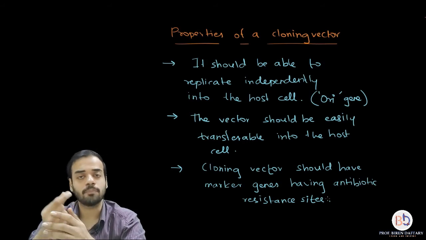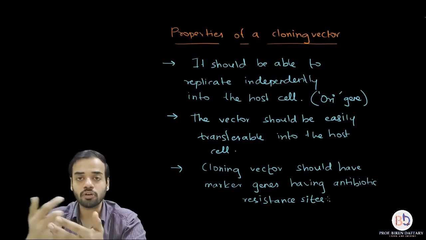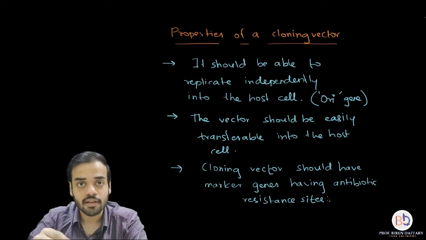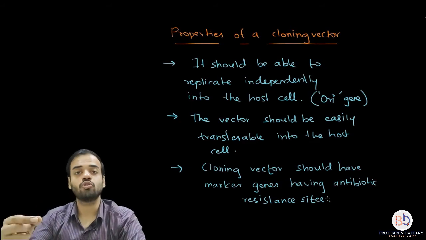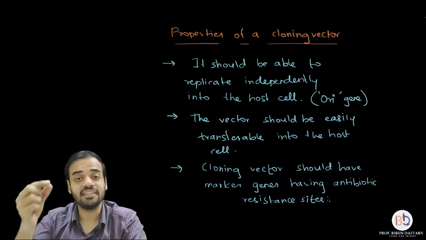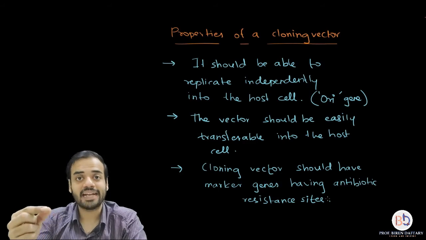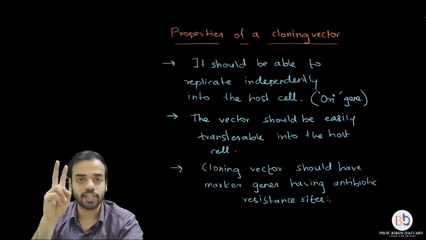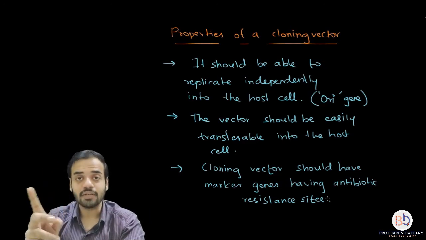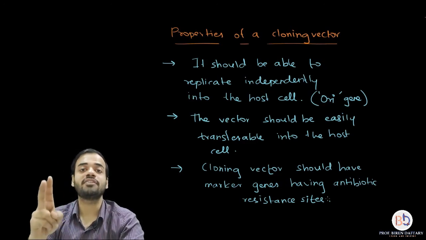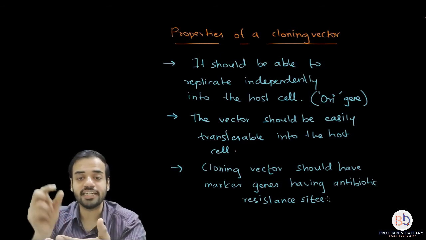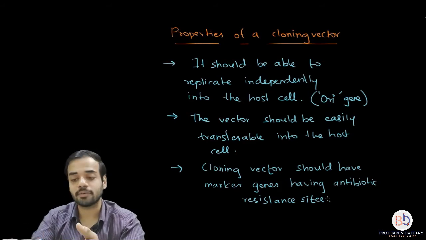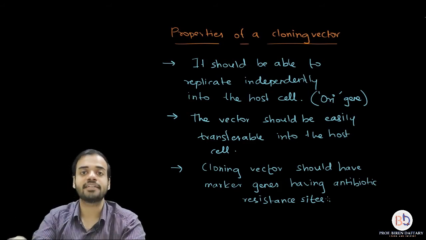Bacteria are very small, the plasmids are much smaller. So how will you come to know whether that cloning vector and the desired gene that you have inserted into the host cell are replicating or not? So each cloning vector has a marker gene. Each vector has a different marker gene. For example, if I am using two different plasmids as vectors, both the plasmids will have different types of marker genes.